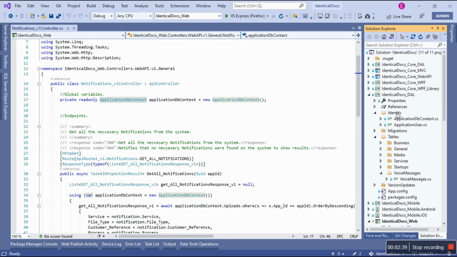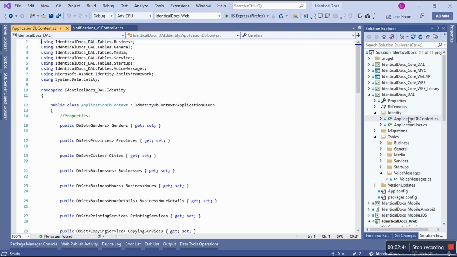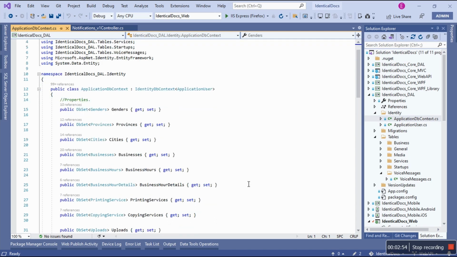Inside the folder called identity, there is a class, application DB context. Now this class, it's the only class that has every right to talk to the database. The only class that can talk to the database, like creating the database, the tables, the entire schema for the entire database, right? And then we're gonna focus on